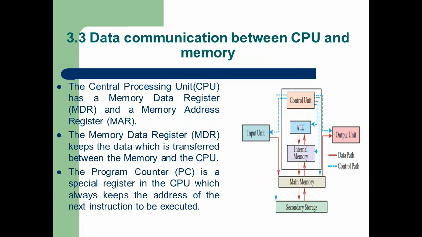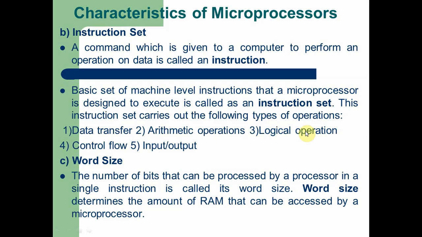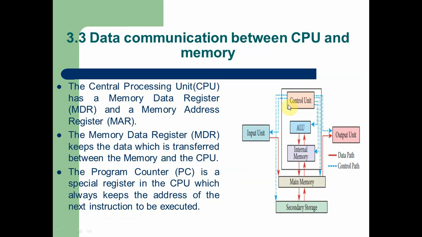In the diagram you can see different units are interconnected. Whenever we pass the input, it flows in the direction and goes to the main memory. After that it goes to the internal memory and then to the ALU, and all the operations are processed in the ALU. After the data is converted into information, the ALU sends the information again to internal memory, and then the information is passed to main memory.